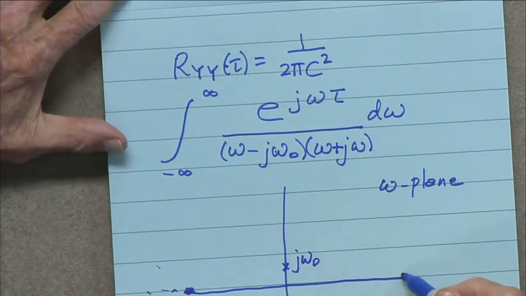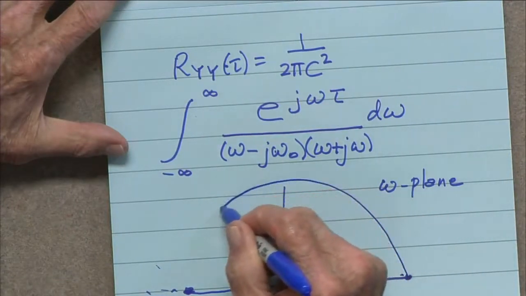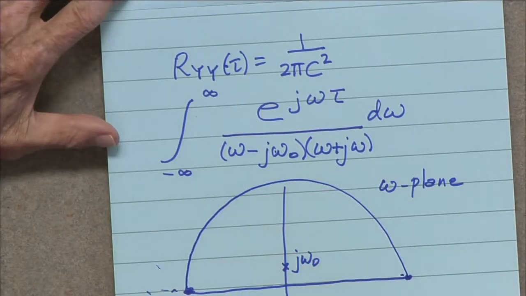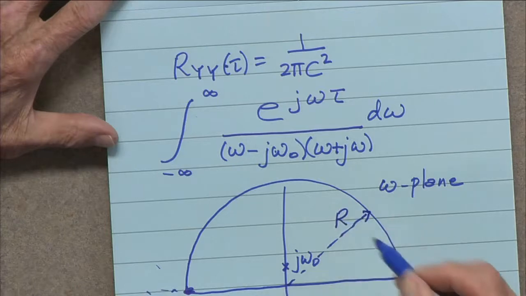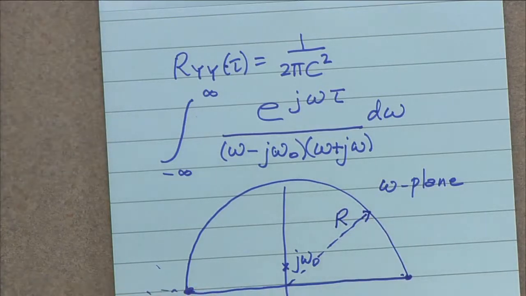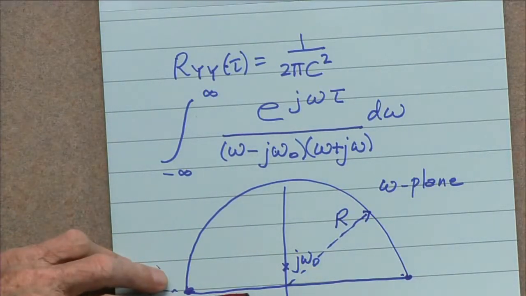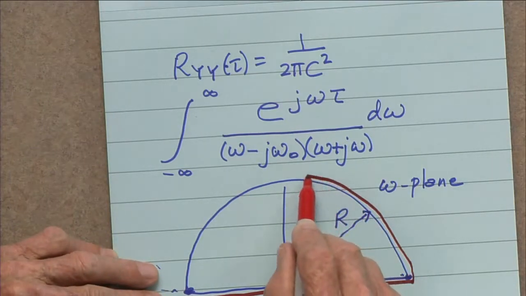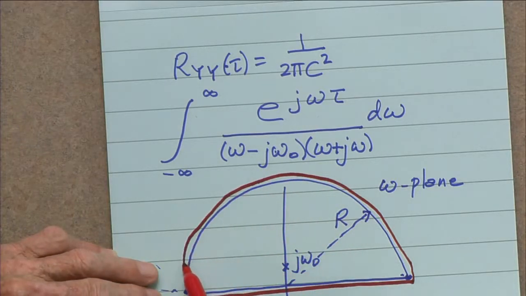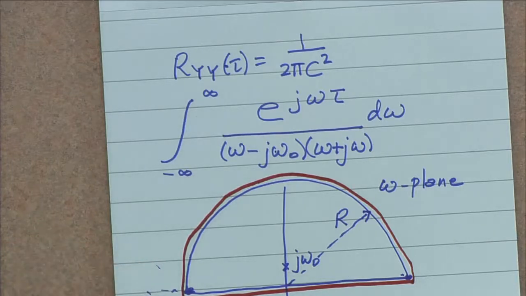Well, I'm going to close this thing with a semicircle. I'm going to make the radius of that semicircle r. And so now, here's the contour. We integrate here, and then we integrate here, down here, and we're back to the point. So we have a closed contour. Got one pole inside that contour. But